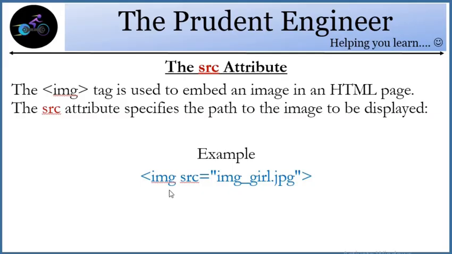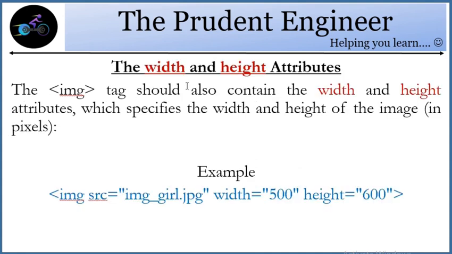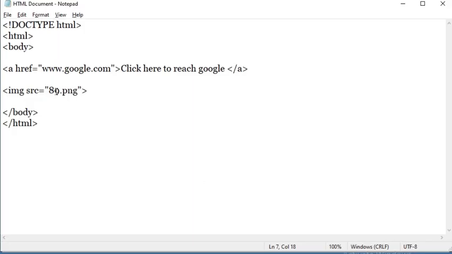But what if you want to assign the height and width yourself? There are separate attributes for that, the height and width attributes, which come along with the image tag. I'll show you how it works. In the same tag, you give a space and write height equals, in quotes, 200.